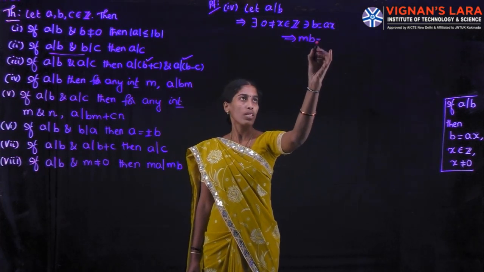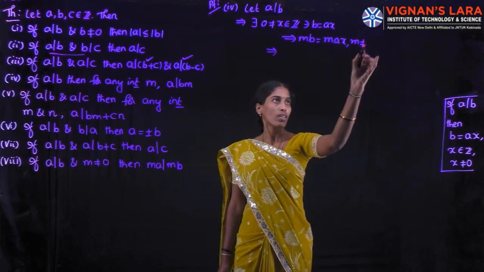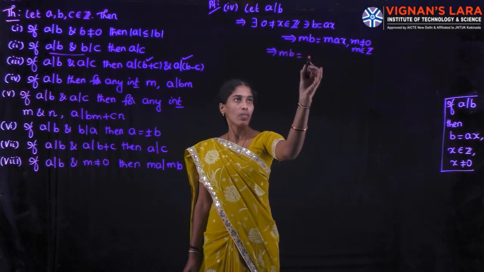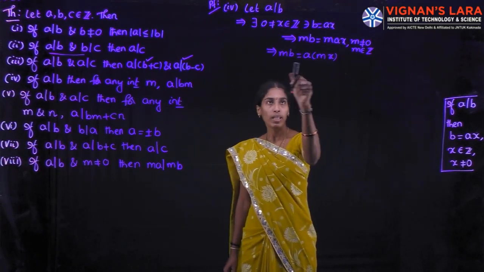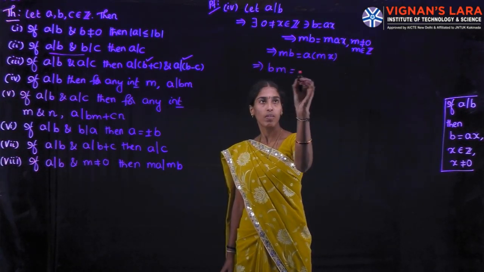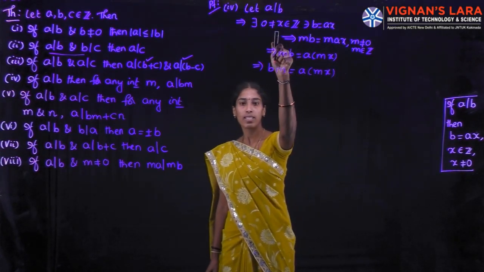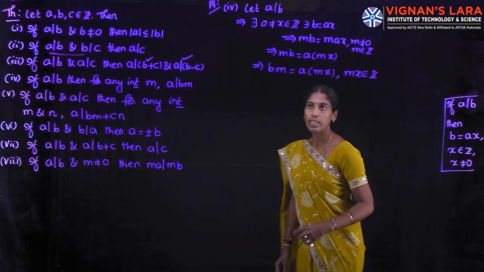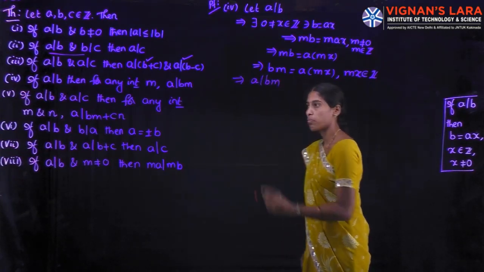Multiplying m on both sides, where m is a non-zero integer, mb is equal to a into mx. Here mb is a multiple of a. We can write it as bm is equal to a into mx, where m is a non-zero integer and x is a non-zero integer. So mx is also an integer, which implies a divides bm. Next,